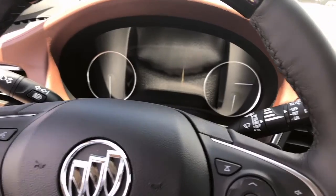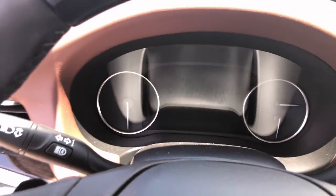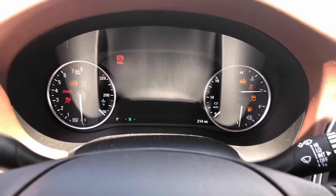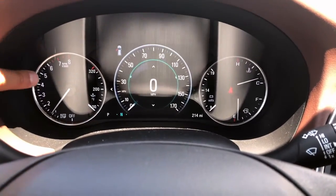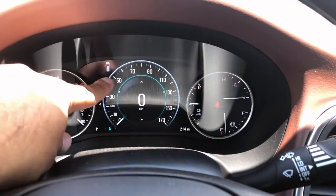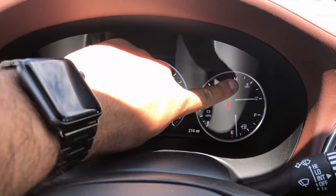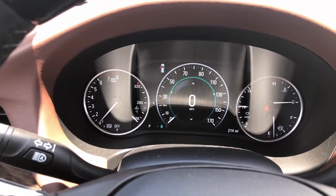Now, on the Avenir model, let's go ahead and start this up a little bit here. Let me reach to the keys. If you notice that center area, the Avenir is going to change it up in comparison to some of the other models and deliver a little bit of a different experience with the digital panel here. So you're going to have your physical components here on the left and right hand side, but you're going to start seeing a full digital screen starting from this point down. So this portion here is digital, as well as this here and this here, but everything here is physical. Okay, so it's going to give you a little bit of a different